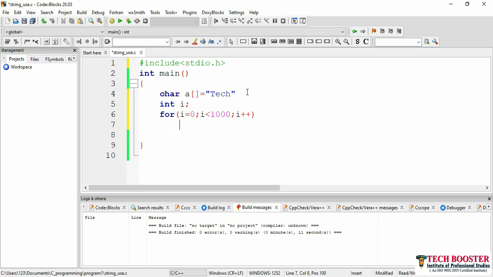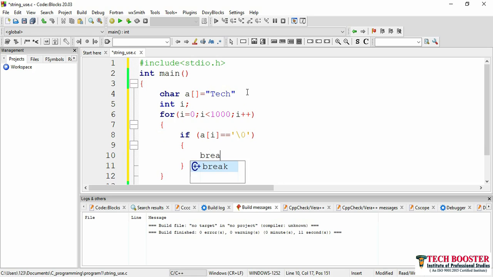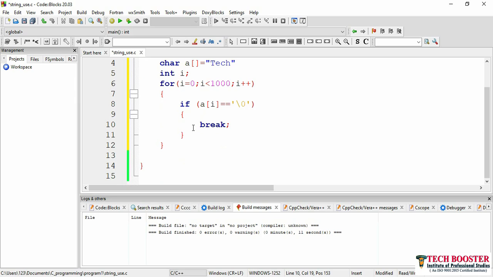Now here I will use my condition: if a[i] is equal to \0, then we'll break this loop. Once this condition is satisfied, that is once you reach your last character, you will come out of this loop and we will calculate our number i, and once you print this i, this will give you the number of characters you have in this string.